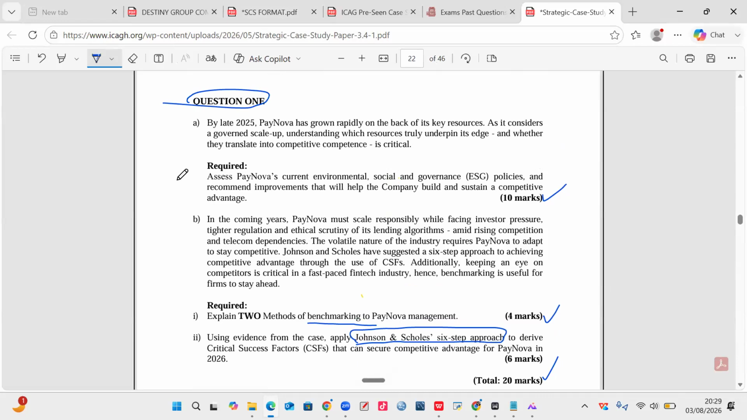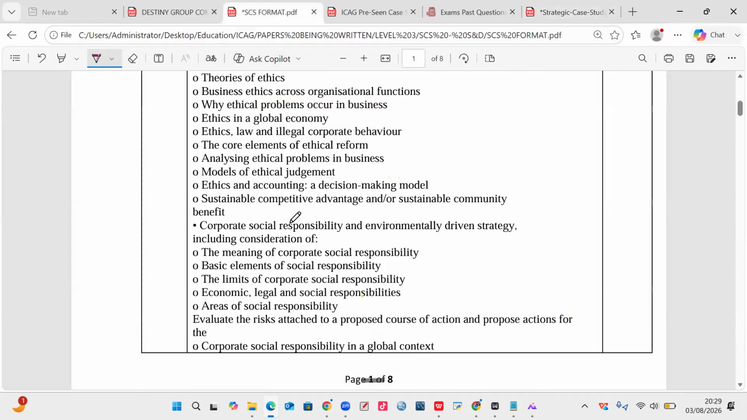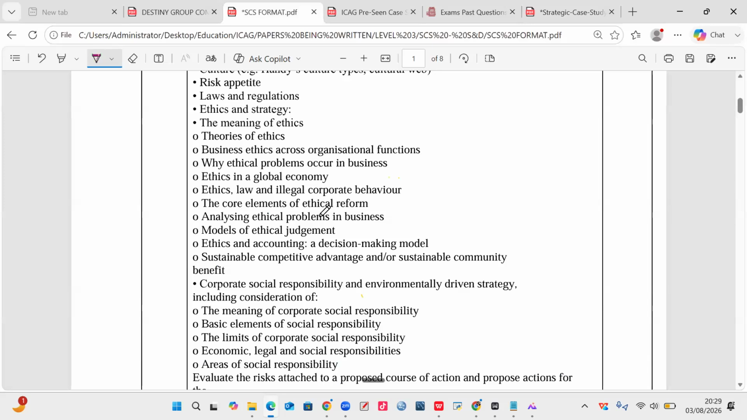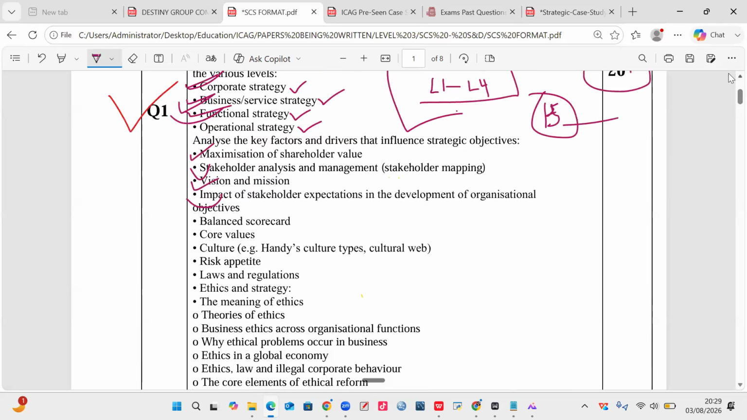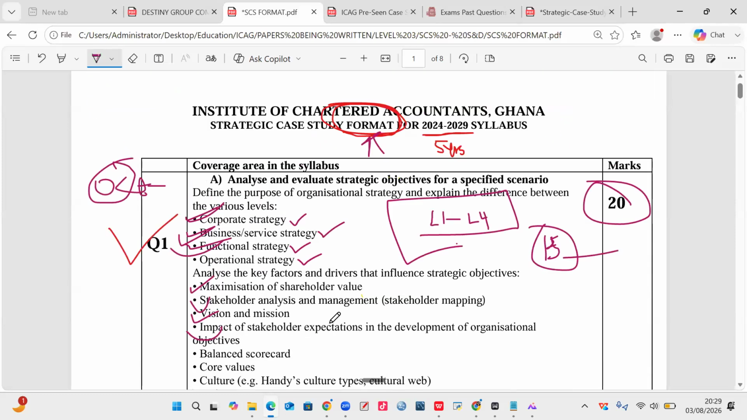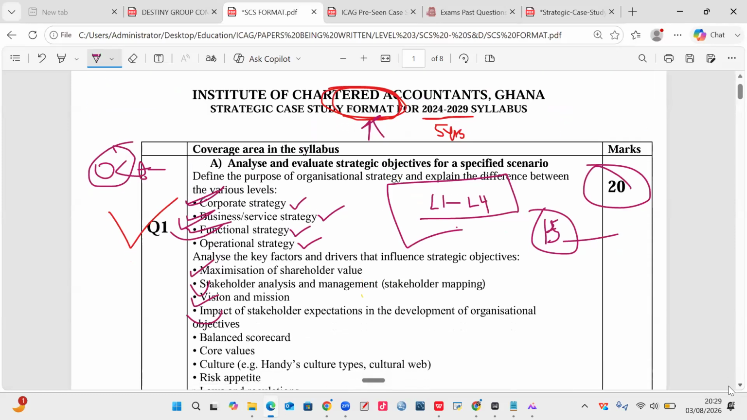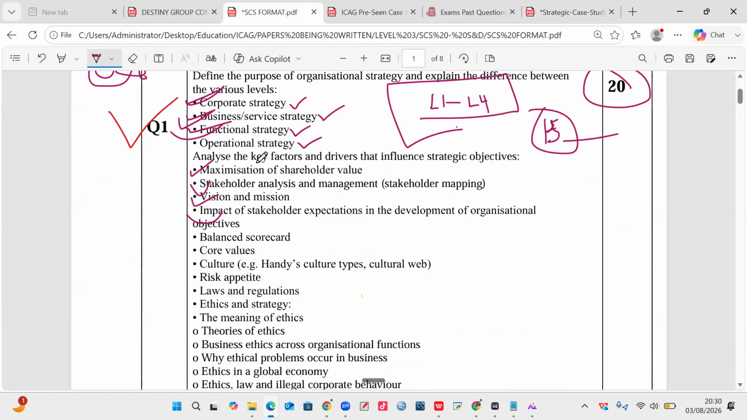So all the questions they ask here and there are all emerging from the areas. The Johnson and Scholes approach is in question one. Okay. So there are 6 steps. So all that we are learning is that